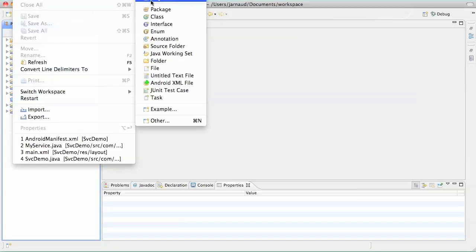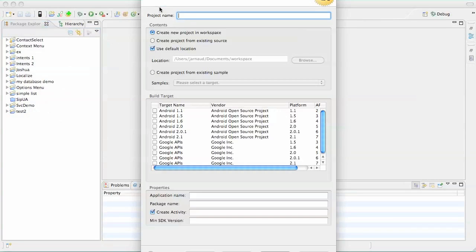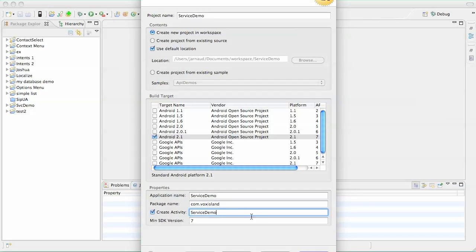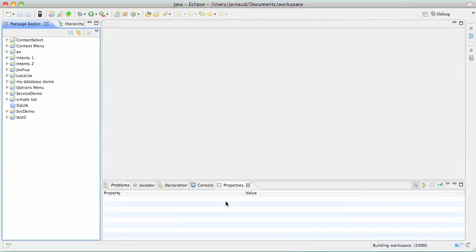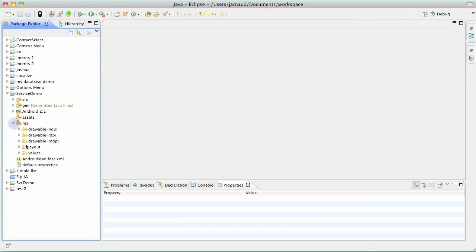Let's start. File, new Android project, service demo, Android 2.1, package name com.boxisland, first activity, service demo. Okay, here it is. So I'm going to start with the layout,